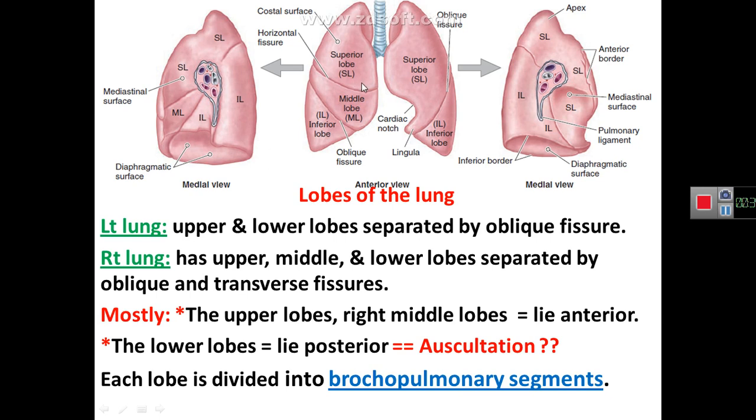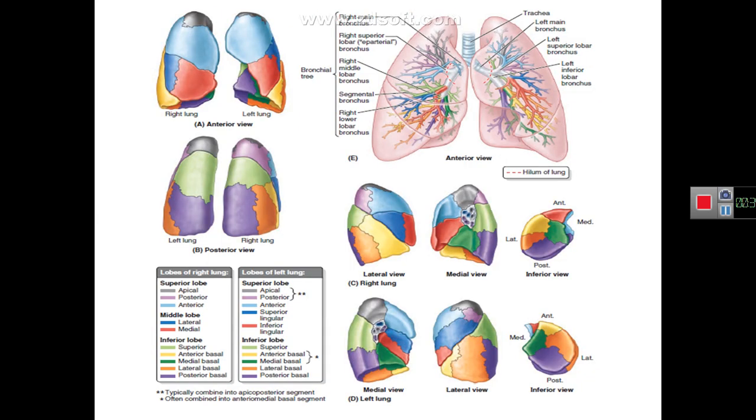Each of these lobes of the lung, the upper and lower on the left side, upper, middle, and lower on the right side, is formed of many segments that are called bronchopulmonary segments. These bronchopulmonary segments, as you can see in this figure, have the same names as the bronchial segments supplying them. And each of these bronchopulmonary segments represents a functional unit